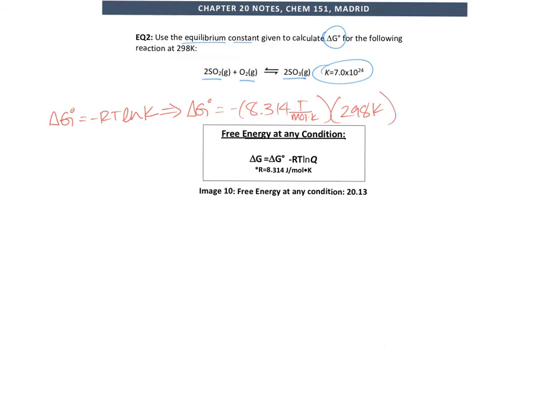This right here is a constant, times the natural log of 7.0 times 10 to the 24. Plugging that into my calculator, I will get negative